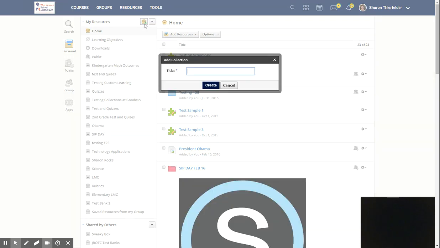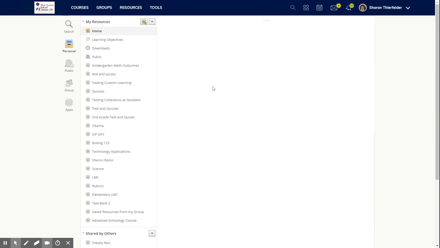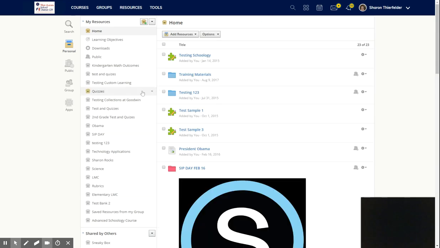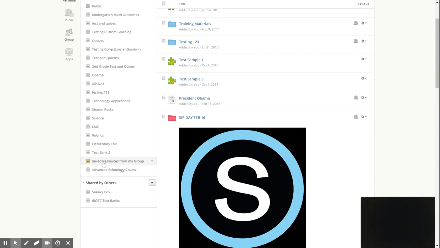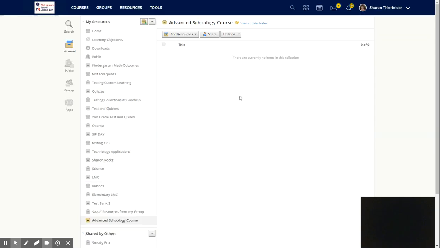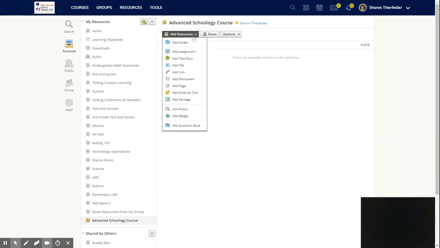So I'm just going to click Add Collection here, and I'm going to call this Advanced Schoology course and hit Create. Okay, so now on the left-hand side, I can see my Advanced Schoology course cabinet. I can click on that. I have no materials currently here, but if I wanted to add a material, I could do so directly from this Add Resources dropdown. Now, this Add Resources dropdown looks very familiar to you because you've seen this in your